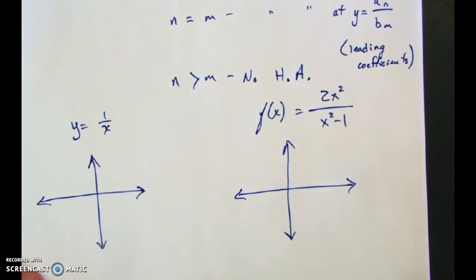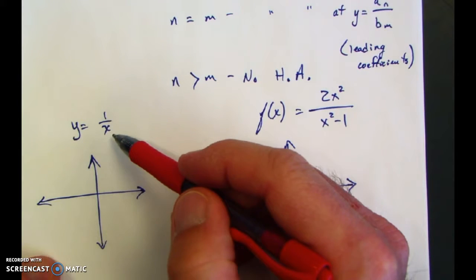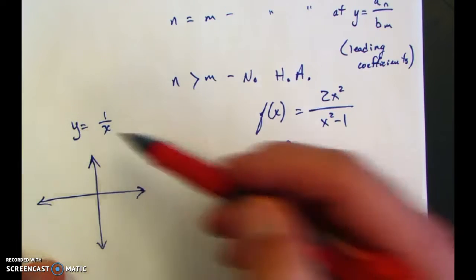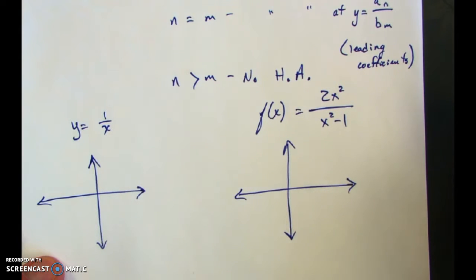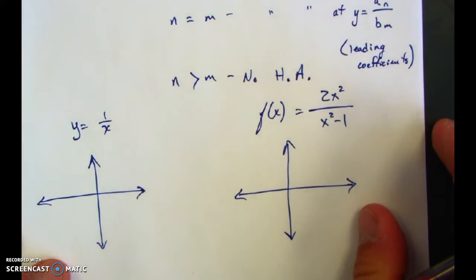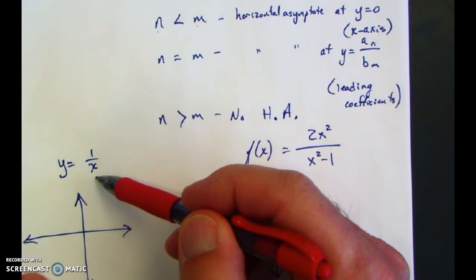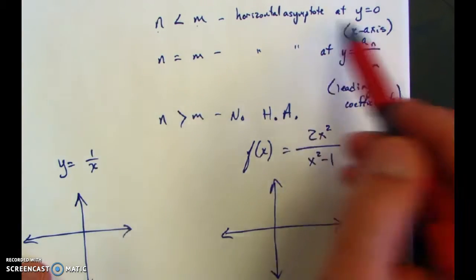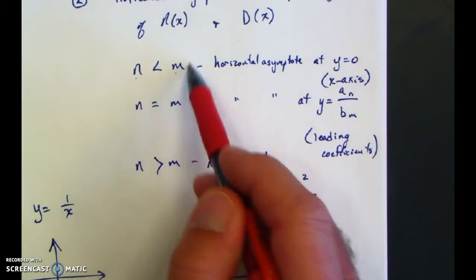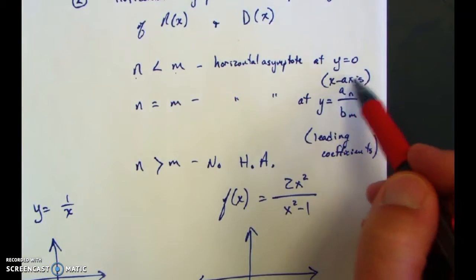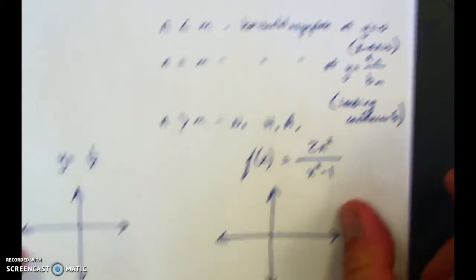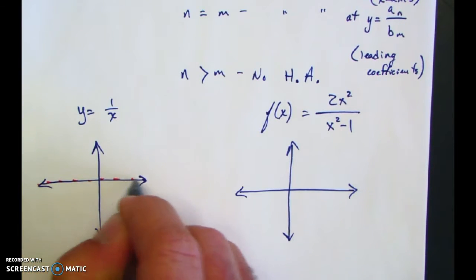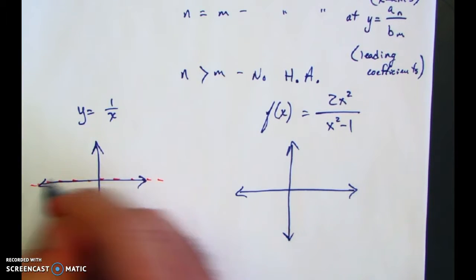Because here when I'm looking at this, the degrees are different. For example, the top has a degree of 0, whereas the bottom is a degree of 1. So that tells me that horizontal asymptote-wise, the denominator has a degree that is greater than the numerator. And so we're going to have a horizontal asymptote, that's our scenario here, where y is equal to 0. So a horizontal asymptote at the x-axis. So over here, that means we're going to have that horizontal asymptote right across here